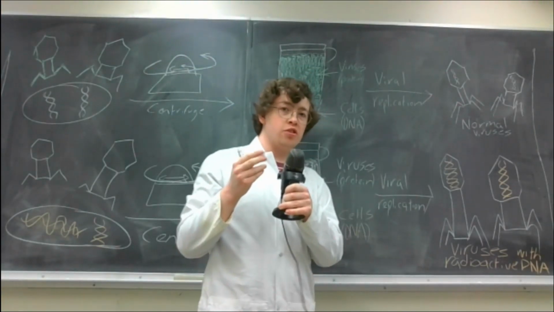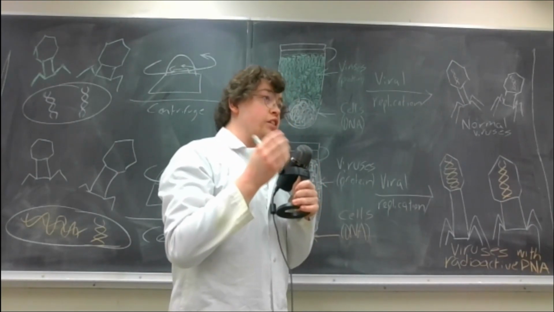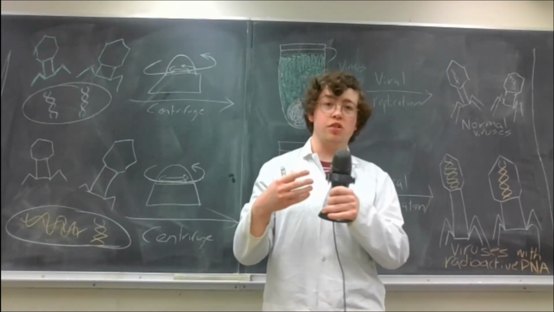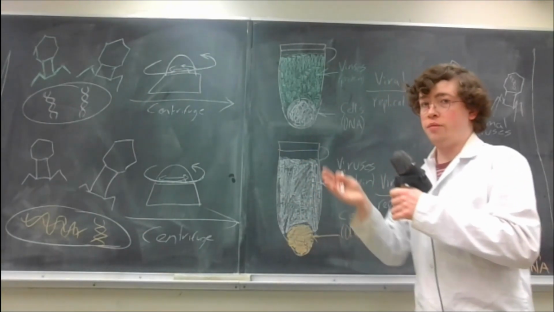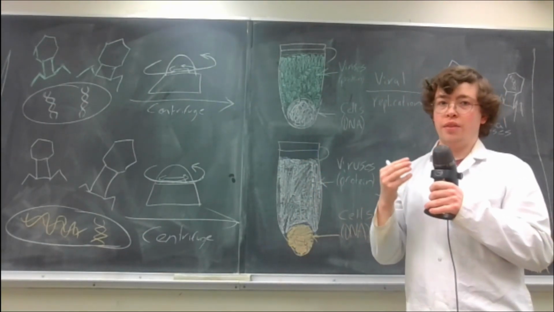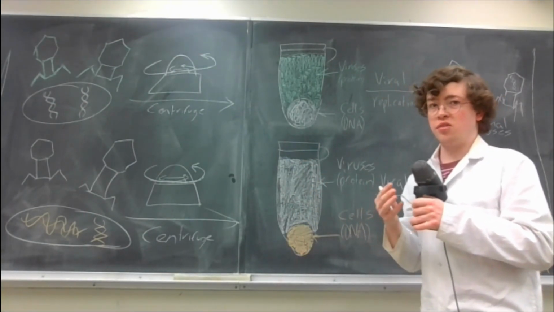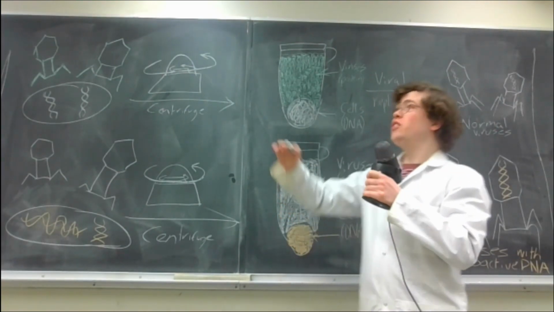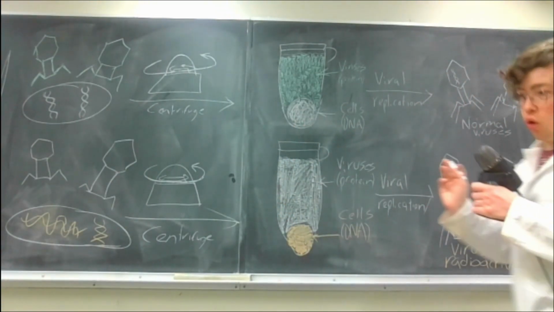And so, in short, what this experiment showed is that DNA is the molecule that carries the traits from parent to offspring. It is DNA that allows inheritance to take place. Now, you might be asking yourself, what does any of this have to do with the whole sulfur bonds being